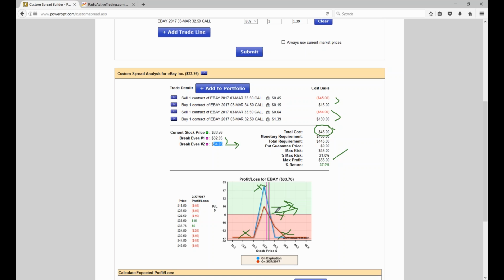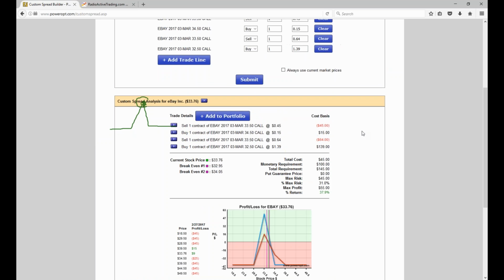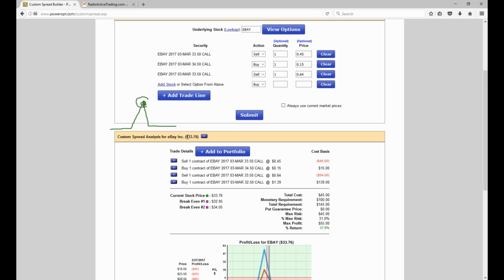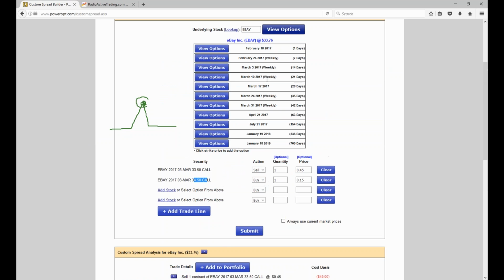Now, some investors will try to do a full new butterfly. What do we know about a butterfly? A standard butterfly, of course, you're selling 2 calls typically at the money, or 2 options, could be puts, and you're buying one in the money and one out of the money. It's the most neutral position you can probably do. You don't want the stock to move at all with a butterfly. So our stock's now at 33.76. I've got this 33.50, 34.50 bear call spread. If I added a butterfly now, Tom, what I might do